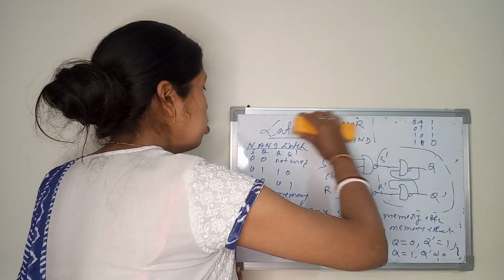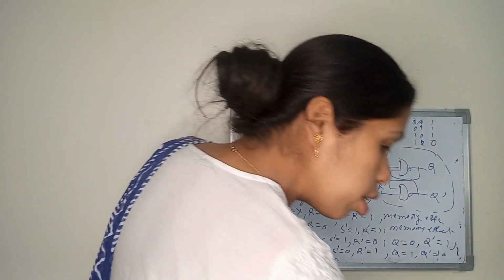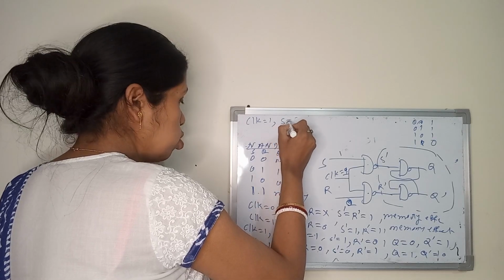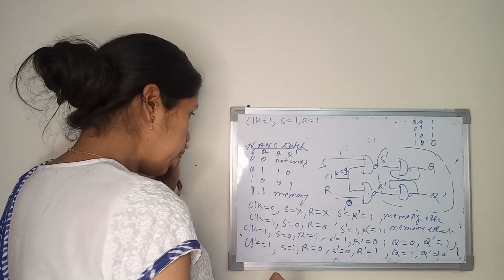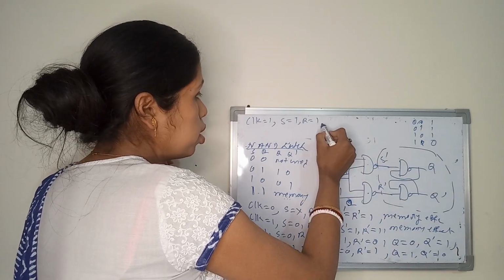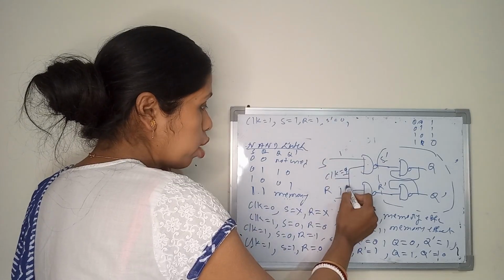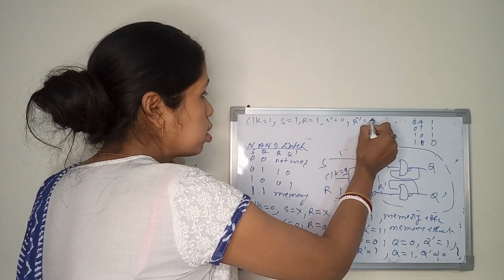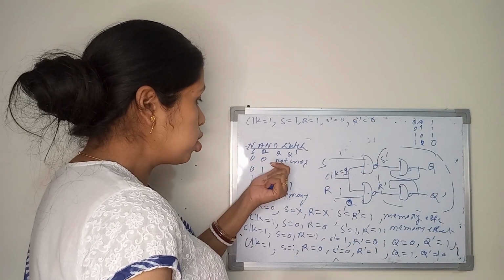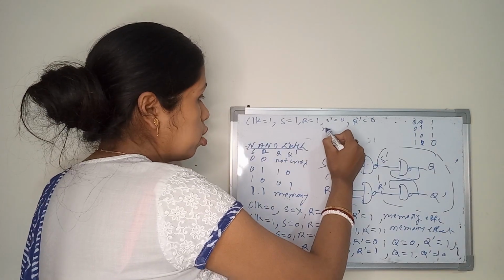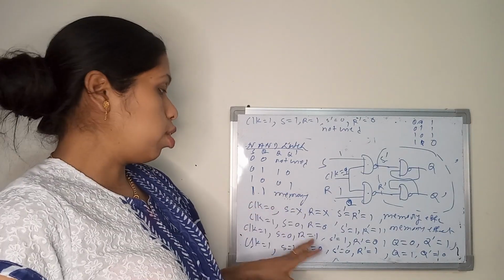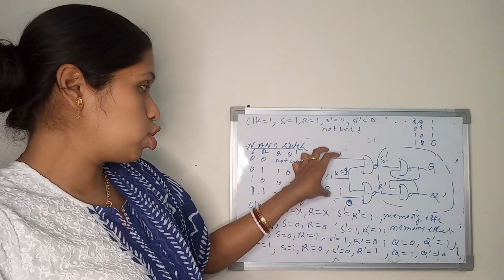So the last one I am writing here. Here clock is 1, S is equal to 1 and R is equal to 1. If both are 1, S prime is 0, and here also both are 1, R prime is 0. So if these two inputs of the NAND latch are 1, that means it is the not used condition. Not used condition. Okay, so now I am repeating: clock 0, whatever inputs I am giving here,